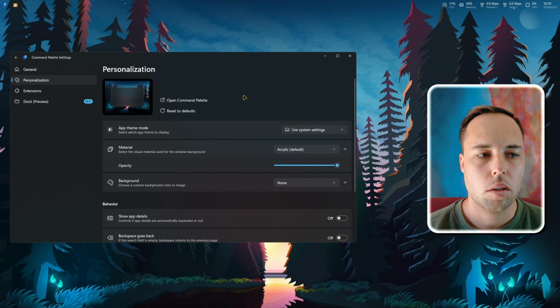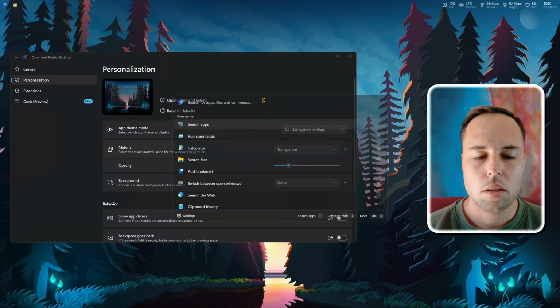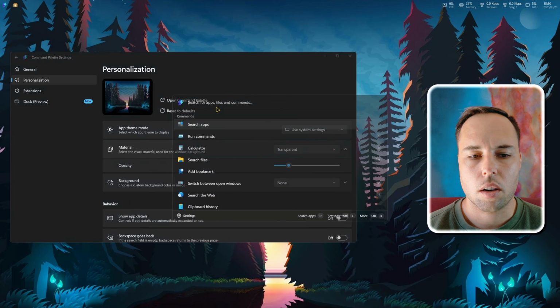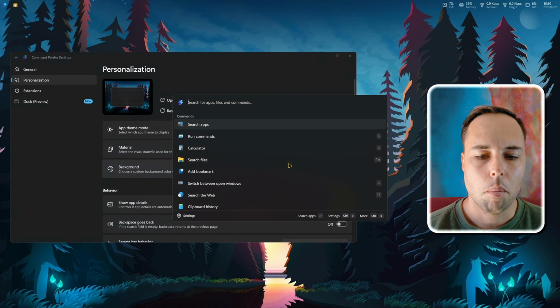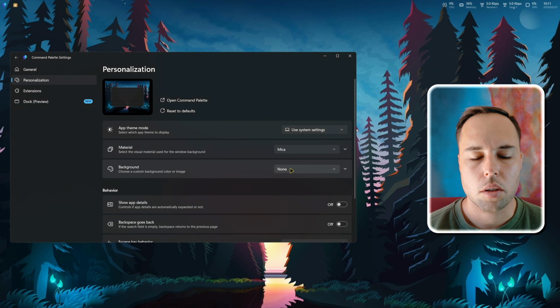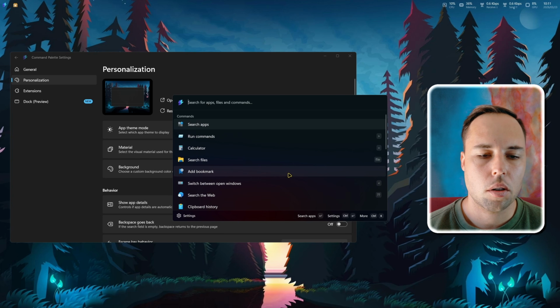The point of this video isn't to show you everything the Command Palette itself can do, but it is a very useful tool. And you also have some options with regards to how you want the Command Palette to appear. I set this to transparent, but I don't think that's the correct choice for the Command Palette itself. So I just set it to the Mica alternative option that you'll see here. The Mica alt actually lets the wallpaper colors bleed through the Command Palette window. But as you can see here, you can search for apps, you can run commands, so it's basically a run box.